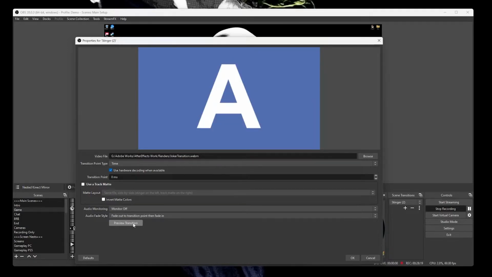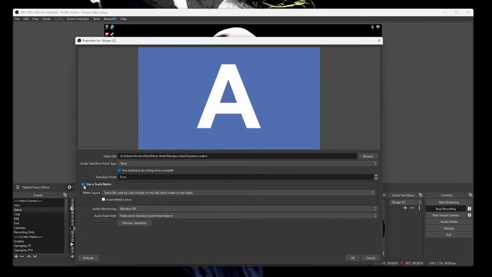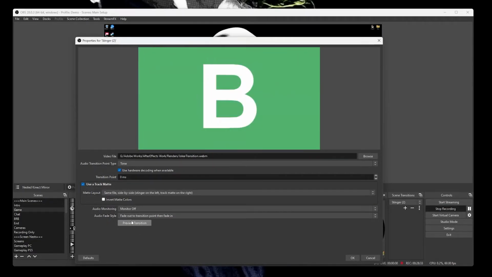But right here, you can actually see how it looks side by side without them overlaid using the track mat. You can see the PNG on the left and the black and white on the right. And then when you use the track mat, it puts them together over the top of each other and it